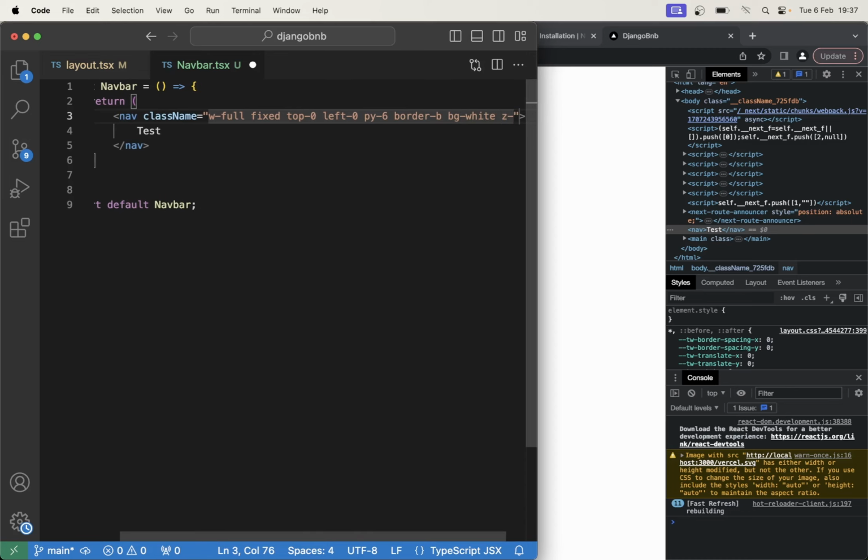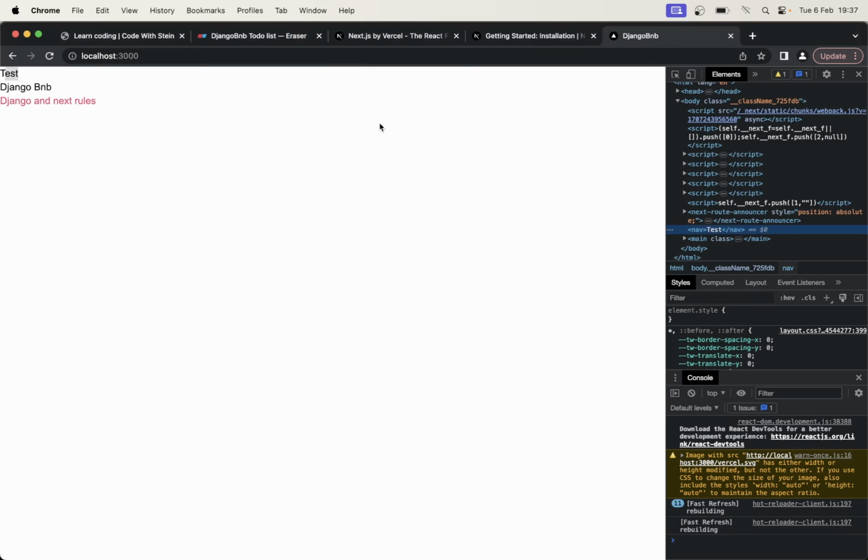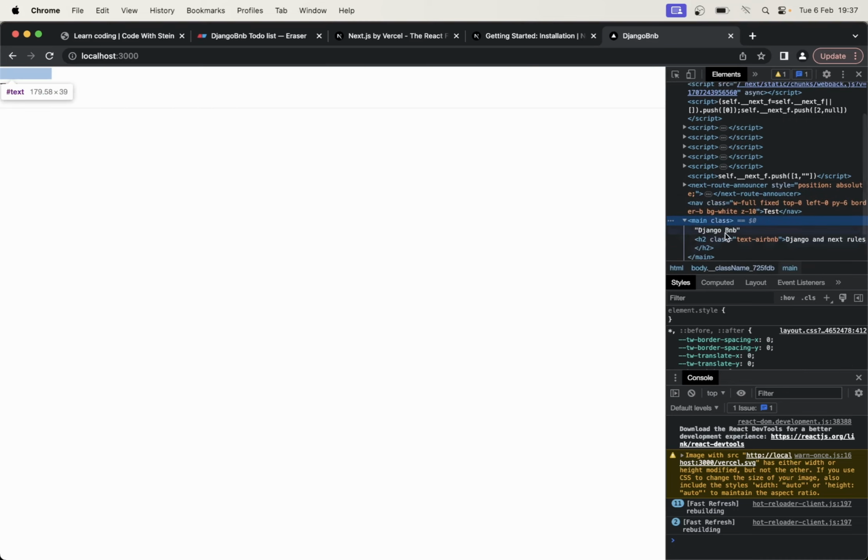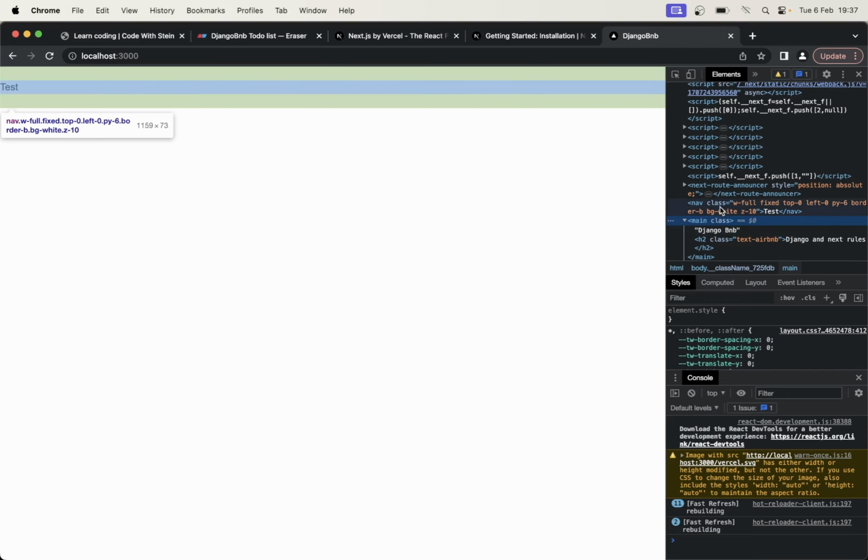And then set z-10, because I want the z-index to be higher than other things, so it doesn't come back in behind things. So now you can see that the content from the main is still here, but now it's behind the navigation